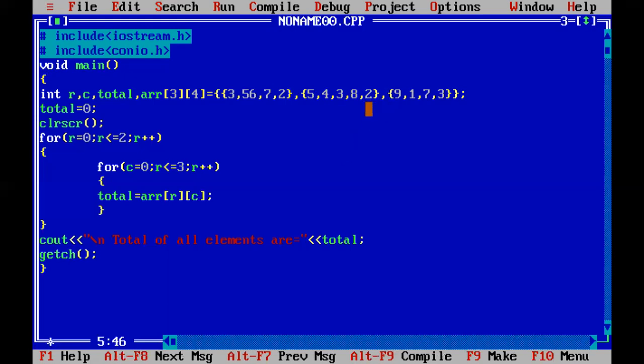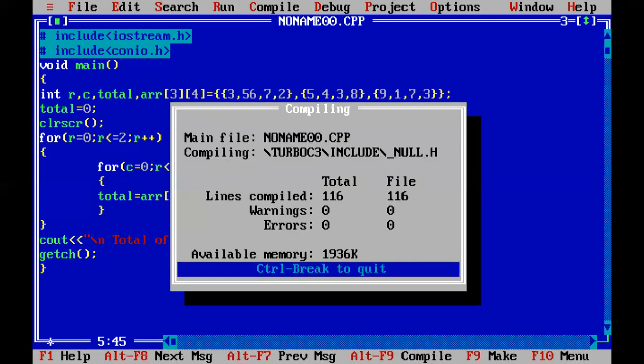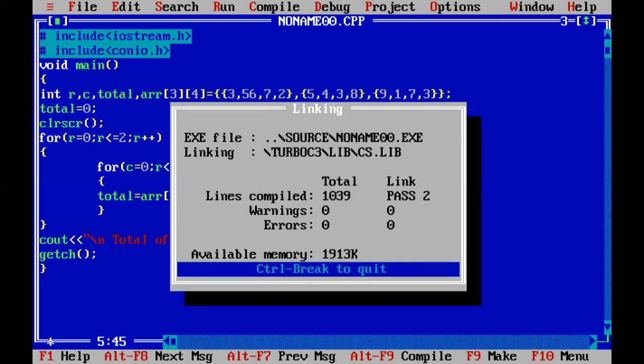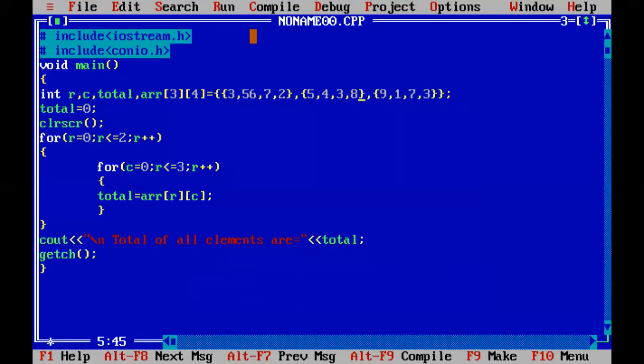There are five elements, not five. So yes, run again. Watch here. Total of all elements, it shows me zero. Why does it show me zero?